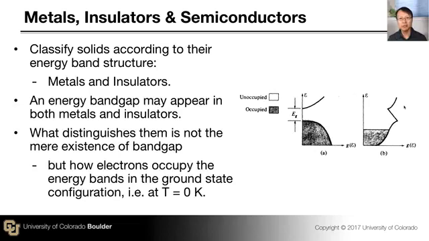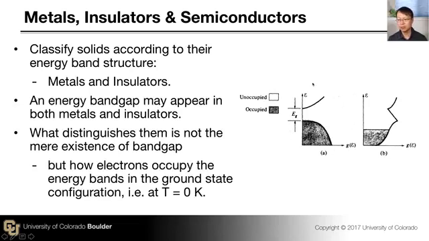In a typical energy band diagram for a metal, you have one continuous energy band in which electrons fill up to a certain point. So you have one large band that is partially filled with electrons. On the other hand,